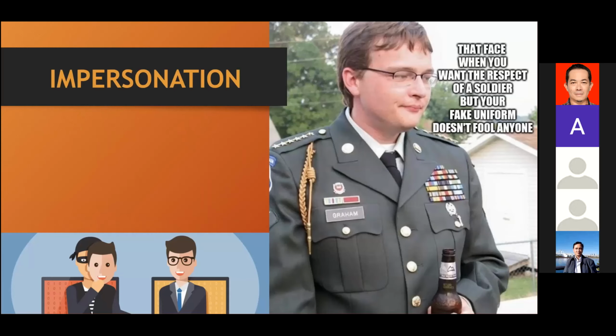So from a uniform point of view, obviously you want the respect of a soldier, but the fake uniform hasn't fooled everybody. Impersonation is another part of that from the access and uniform point of view. So part of it is being realistic with the site. If you've got a site, for example, an entertainment premises or a hospitality type premises, they have food suppliers, drink suppliers, cleaners, flower deliveries, a range of other things. So part of any prep before attending a site is getting a feel for what type of suppliers and others they have, and that becomes part of the pretext.